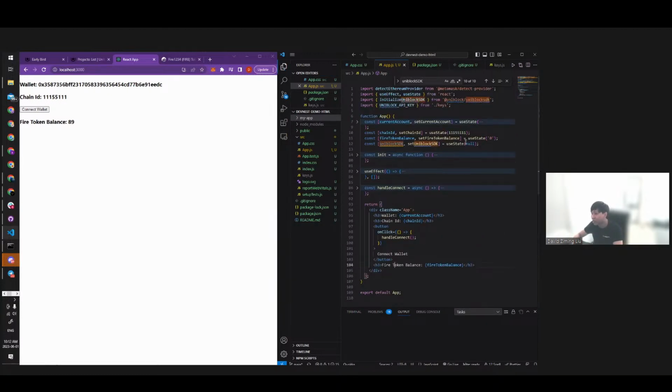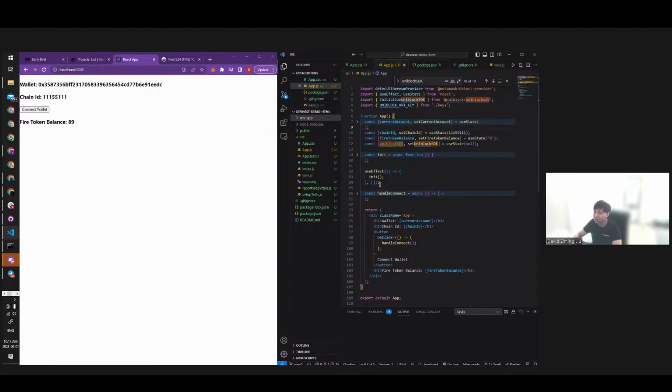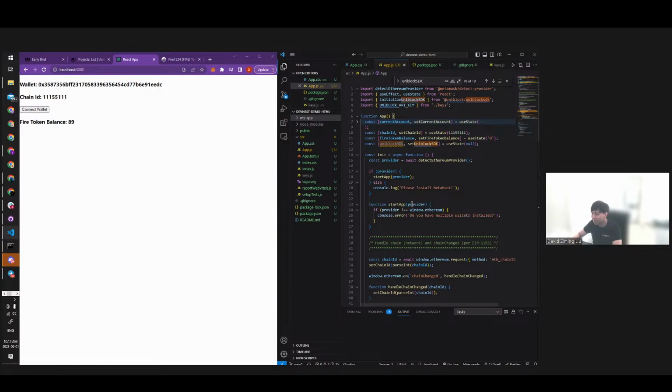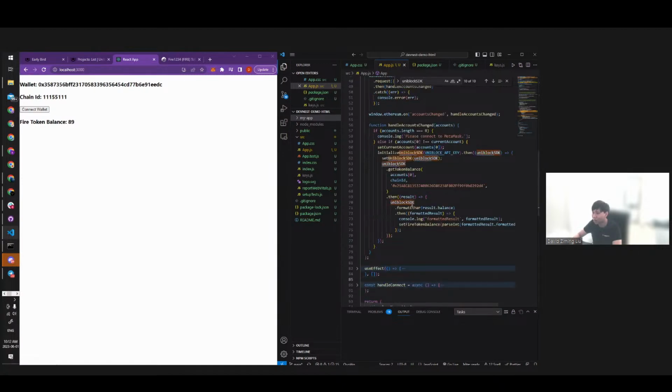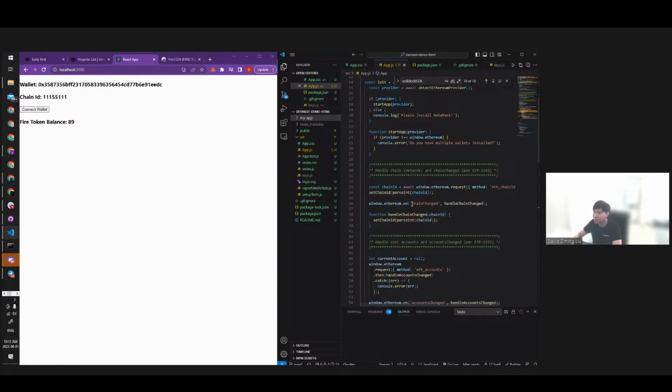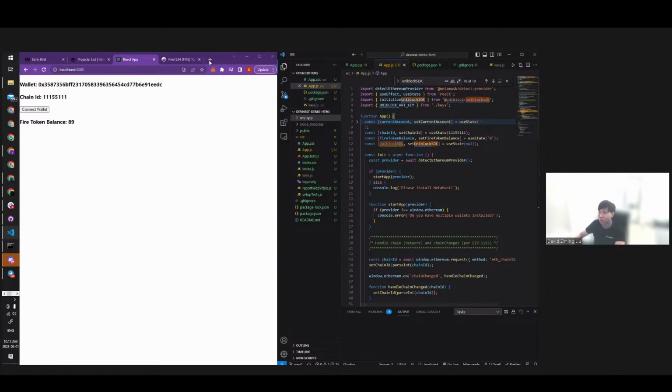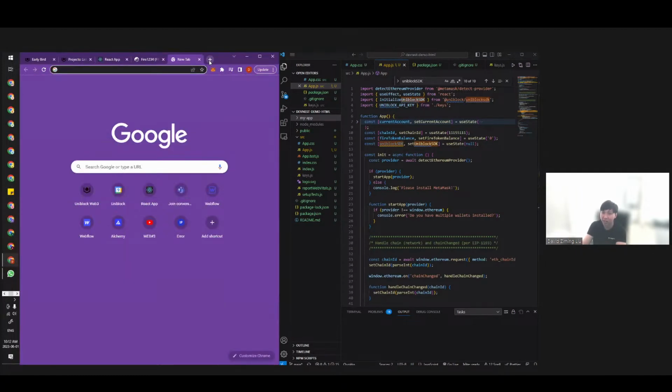And as you can see up here, I have stored the default states of the use states. And the interesting thing starts here. So I use use effects. So upon loading, I want to run this init function. And the init does this long piece of code. But this code, you don't have to write it by yourself. So what you need to do is if you want to integrate MetaMask,